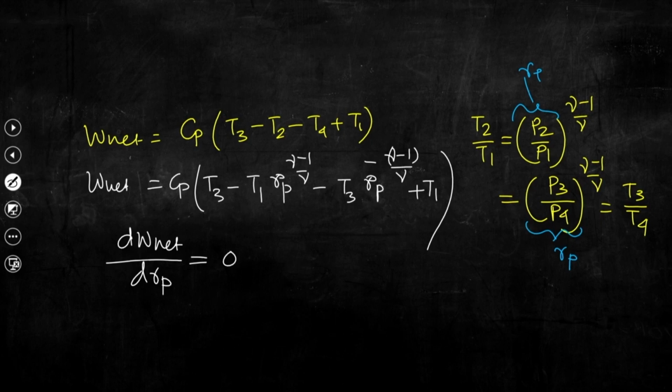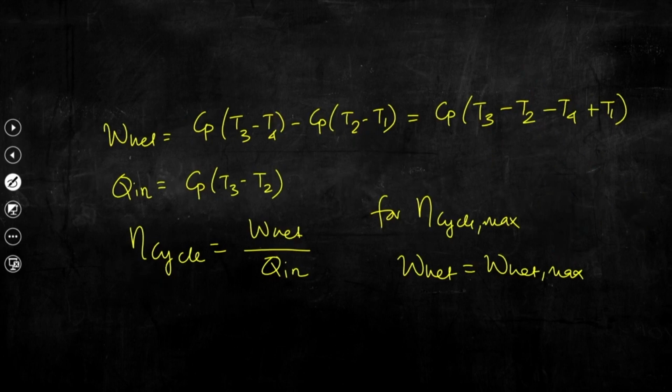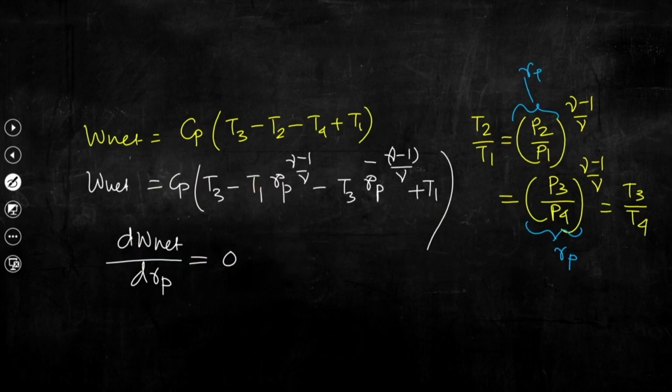So, if we need to obtain Rp optimum, for which W net would be maximum, because if W net is maximum, then only cycle efficiency will be maximum, and to get it, if we make dW net by dRp equal to 0, then from this particular expression we can figure out Rp optimum, the expression of Rp optimum,